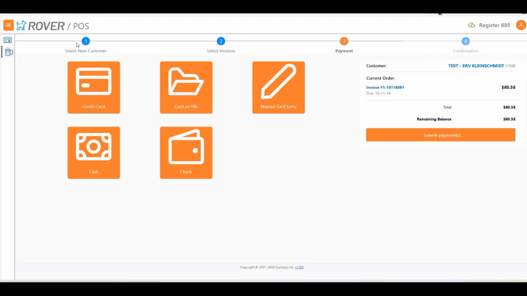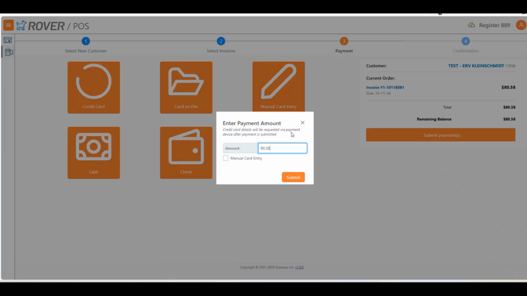Okay, so the next change is in our credit card flow where point of sale is integrated with a PIN pad. We've now added an option so that the credit card capture and sale can occur on the host side. This is a little difficult to demo, but this environment has that set. So when you click on credit card now, rather than it going out and prompting on the PIN pad for the card to be captured, it instead just prompts you for the amount you want to charge with an optional